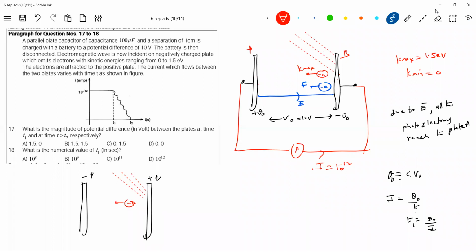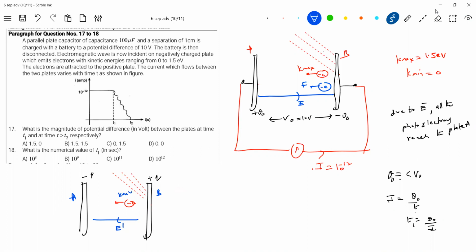So this will acquire a positive charge. And how will it set up a field? Now it will set up a field like this. Can all the electrons now reach? Earlier, the electrostatic field due to the charge of the capacitor was supporting even the zero kinetic energy electrons to move from plate B to A. Now what will happen? Here the ejected